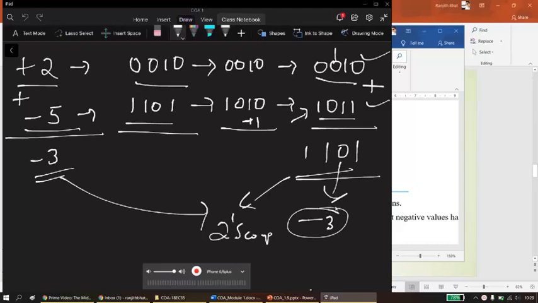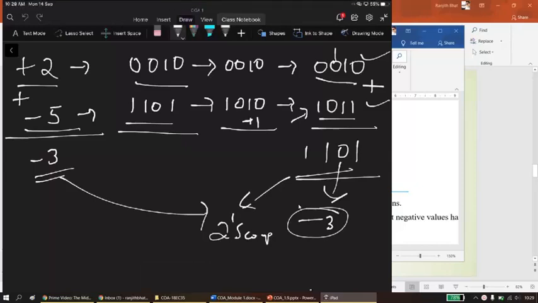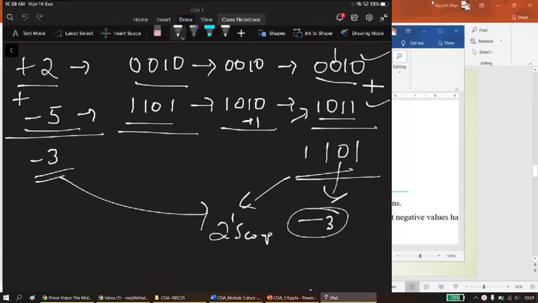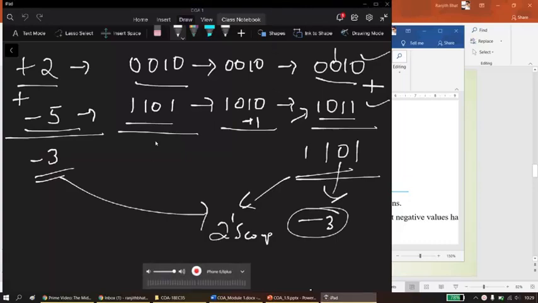So revert back into regular magnitude, we are going to get a minus 3. This happens only when it is a different sign arithmetic operation, that is plus 2 and minus 5. We are going to add plus 2 and minus 5. If it is minus 2 and plus 5, it is also the same procedure, we are just going to get a different sign, that is a positive 3. So just try to understand, and we will start with the next example.